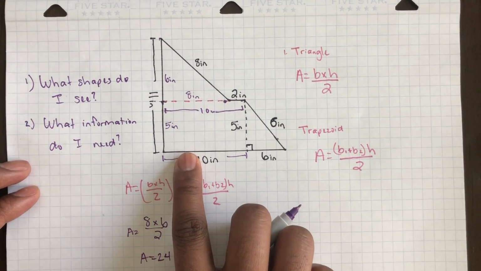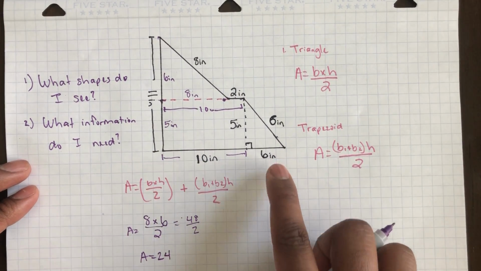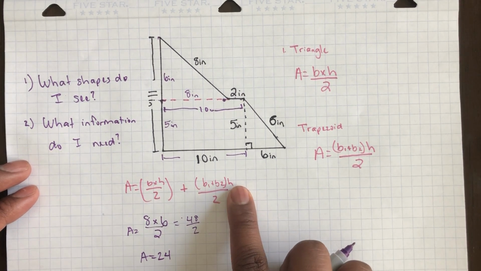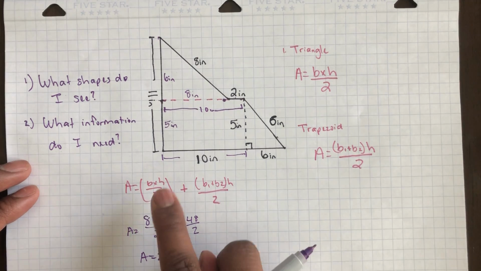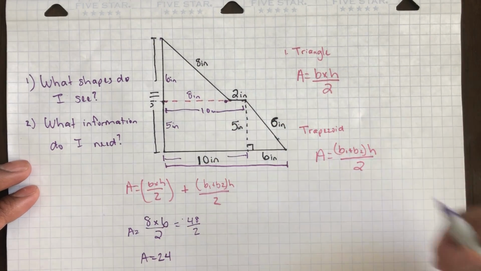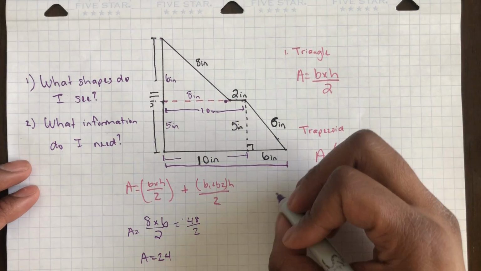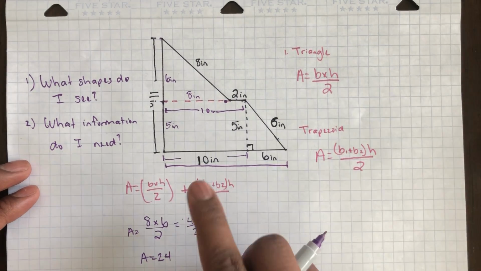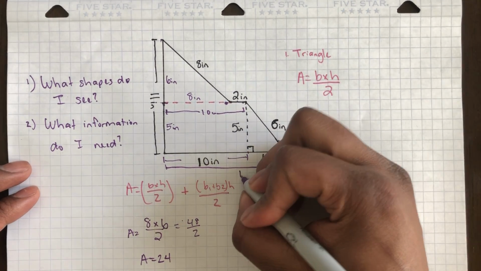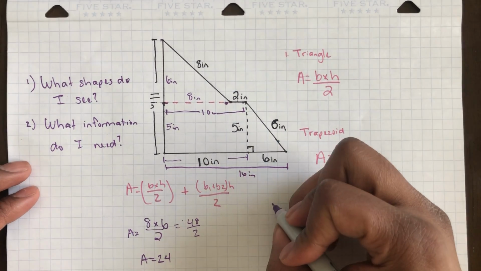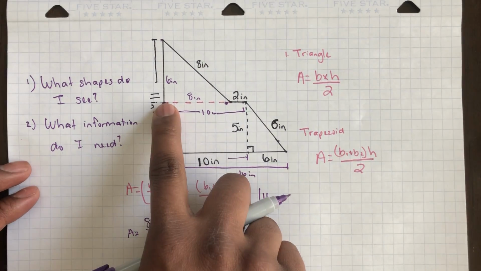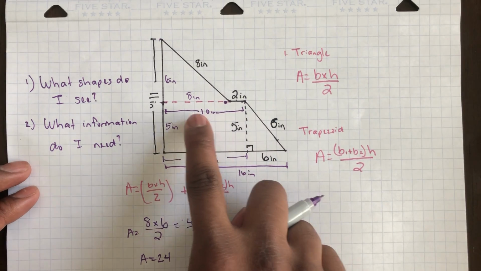Now I want to find the area of my trapezoid, and it's base 1 plus base 2 times the height divided by 2. Base 1 is 10 inches plus 6 inches, which is actually 16 inches. That is the length of my first base, so it's going to be 16 plus my base 2, which is on top,